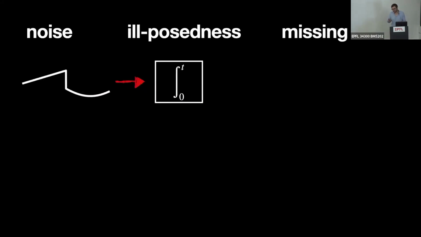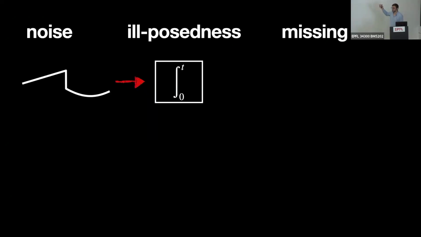Of course, many of us know that the reason this is not enough is that the problems we're trying to solve in computational imaging are typically rotten in the following way. They're not stable. And when you combine this lack of stability with the fact that there's always noise and you always have missing data, then you get in trouble.